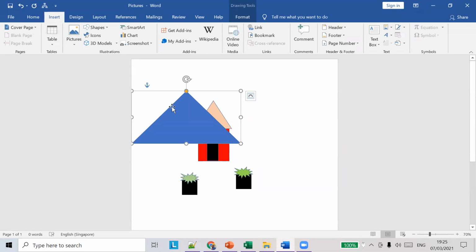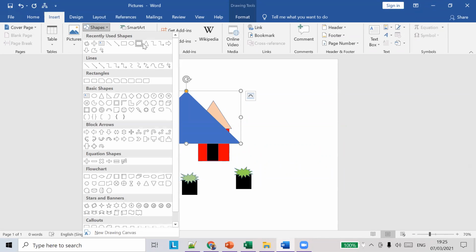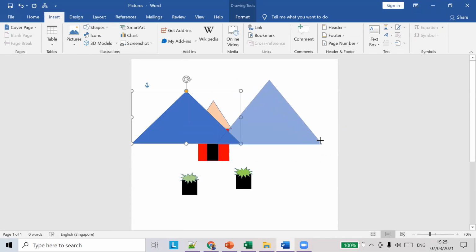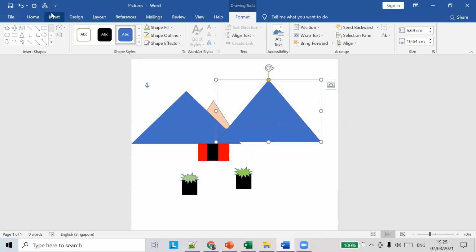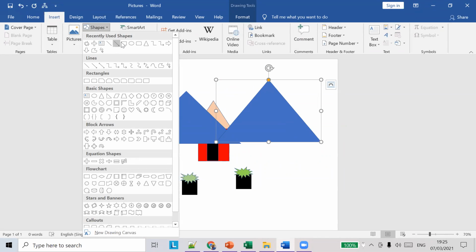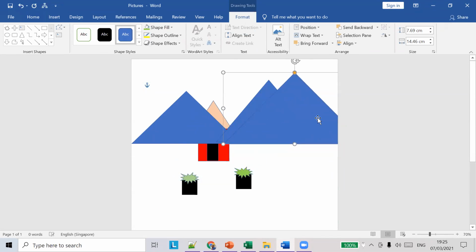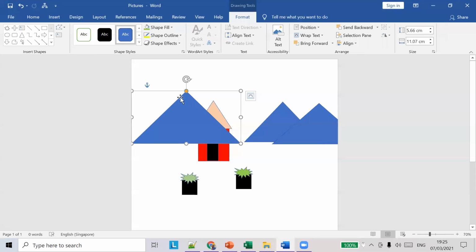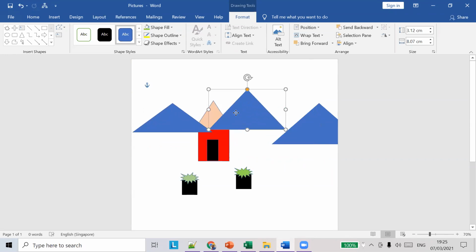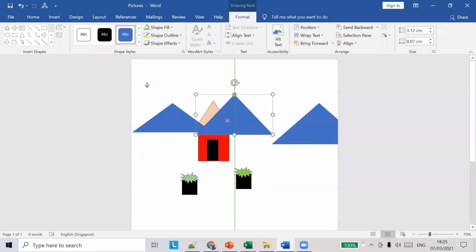Insert shapes. So now what we have to do is we have to place the mountains at the back of the house,